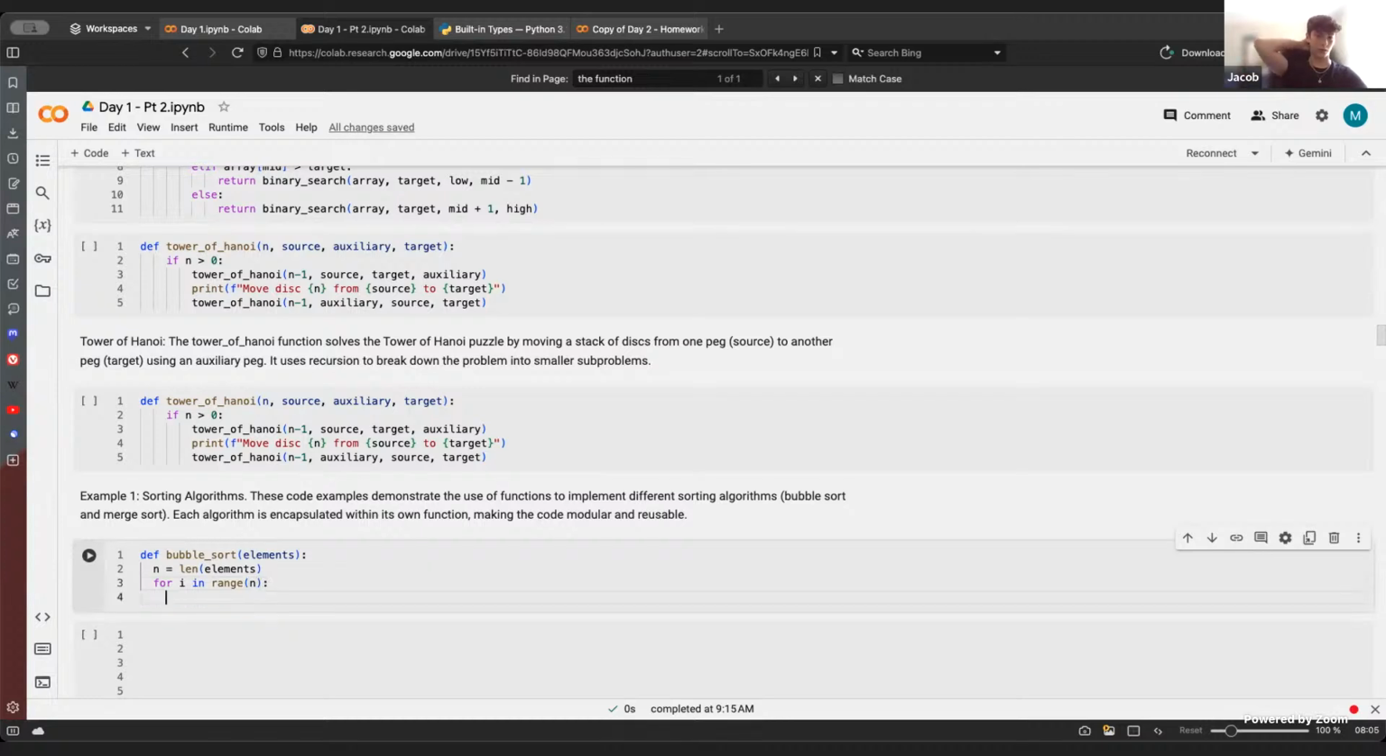After that, I would say if elements i is greater than elements i plus 1, then you have them switch spots. Sure. Would that be in a while loop? Because you have to keep doing it until